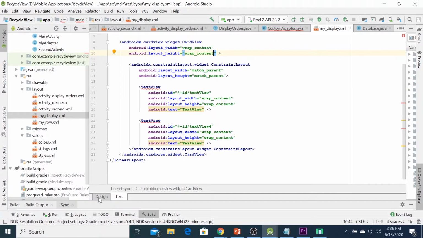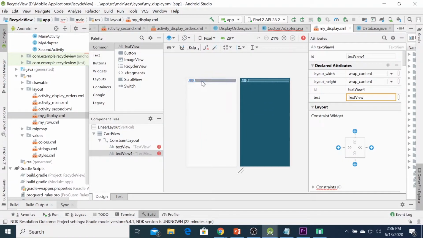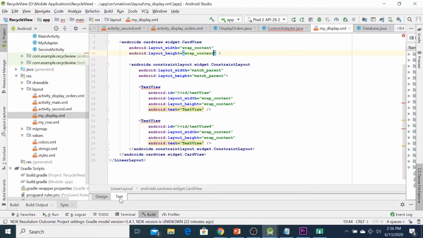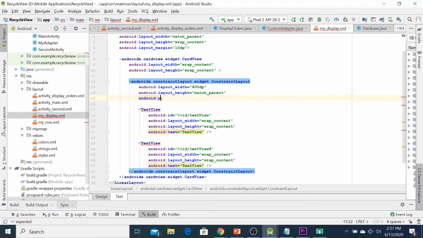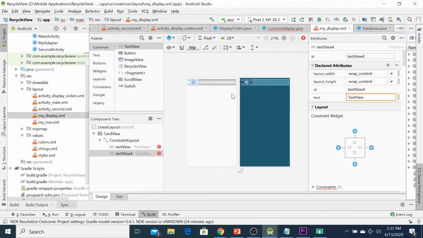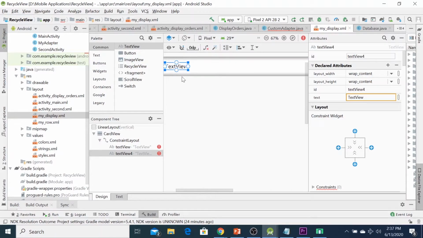Okay, okay. Let us see the design. Okay, so it will be wrap of content here. Your constraint layout only one row like this. Okay, back to the text. Let's say, and we are going to add a padding. Yeah, here. Android padding. For example, 15 dp. So suppose it has a space. So if you can see here, okay, in the text view here, there is a space.